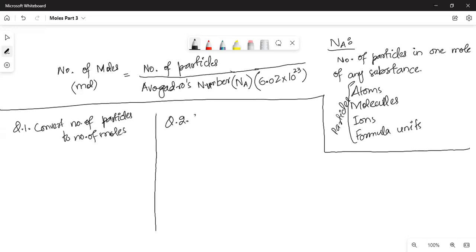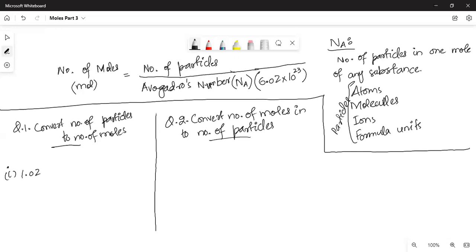Question number two, however, would be a little bit different. So we are going to convert number of moles into number of particles. Number one, 1.024